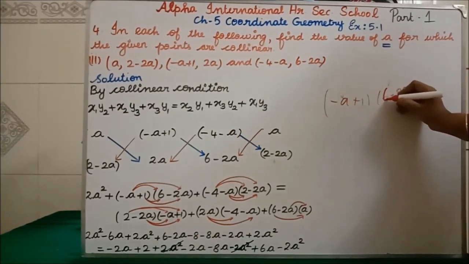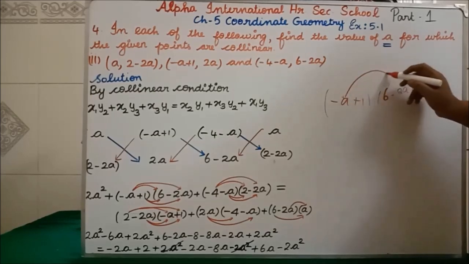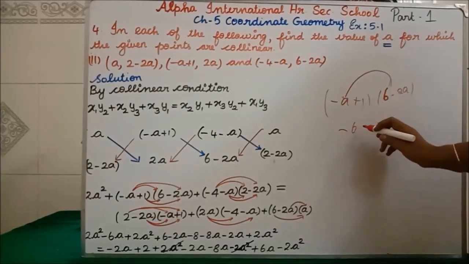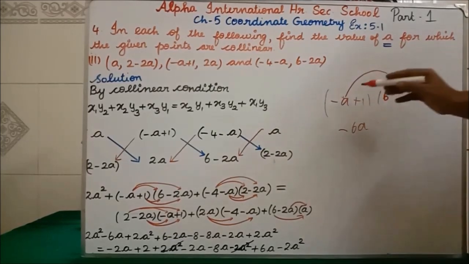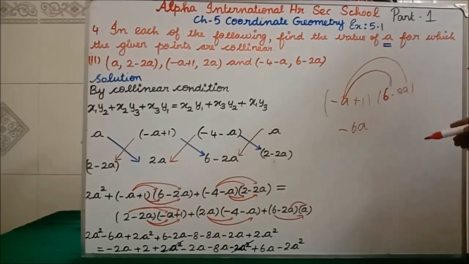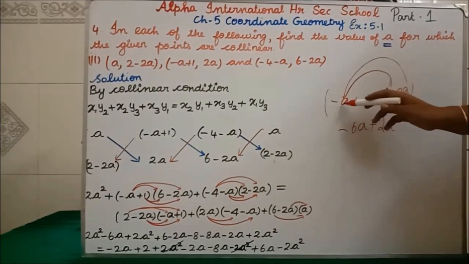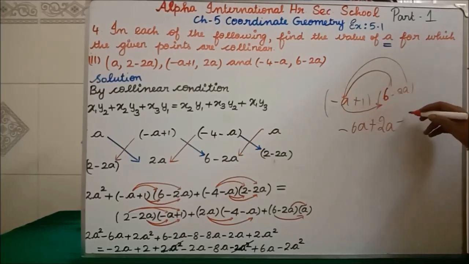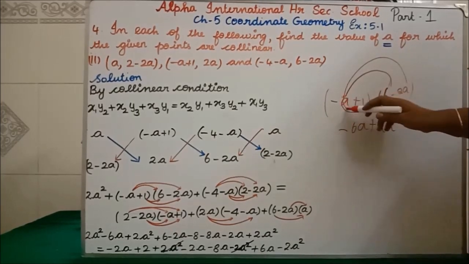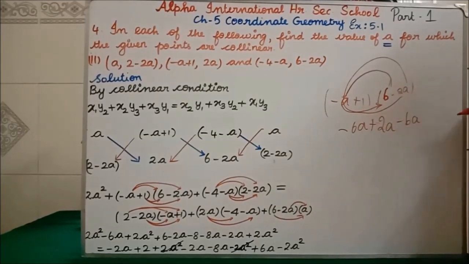Here 6 minus 2a we are having a. So first you multiply this 6 with a. What you will get? Minus 6a. Clear? Then take this a and multiply with minus 2a. You will get plus 2a. Clear? Here a into 6 is what? Minus 6a. Next, a into minus a is what? A we are having. So minus minus will become plus. So plus 2a square. Clear? Like this only we have to write. See, I have written that only. Can you able to understand?